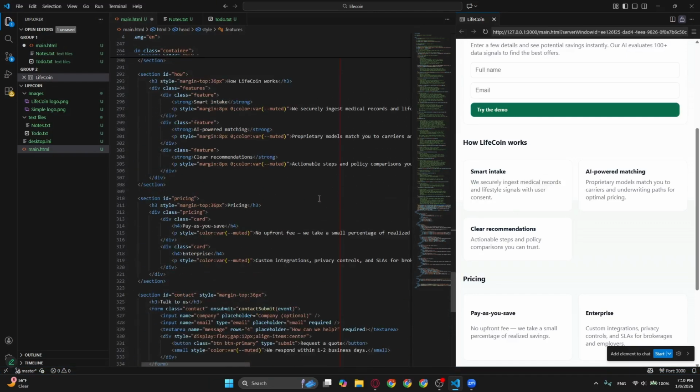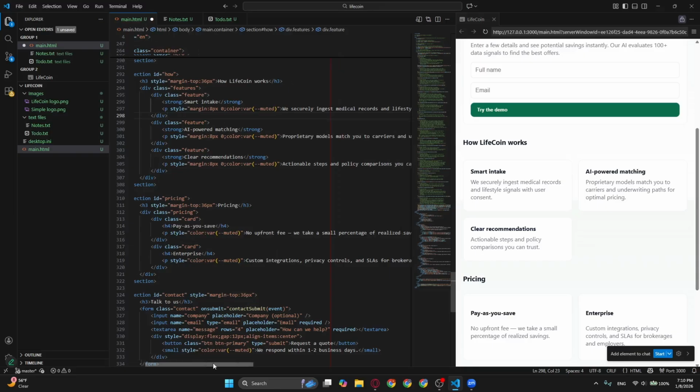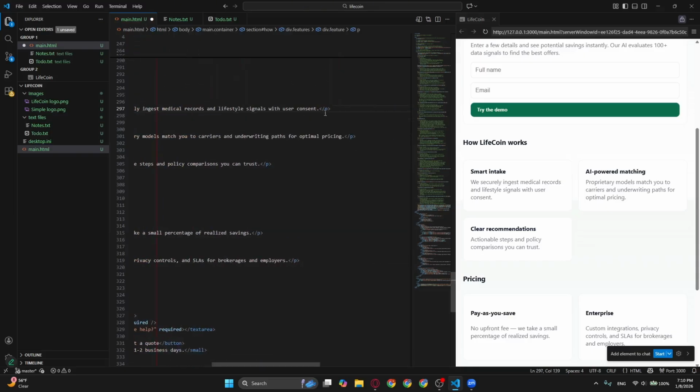Where is that? Right here. If I modify the text inside of here and it gets bigger,